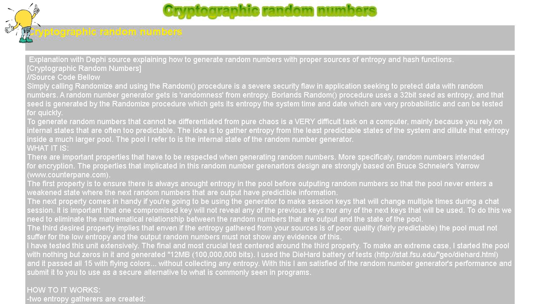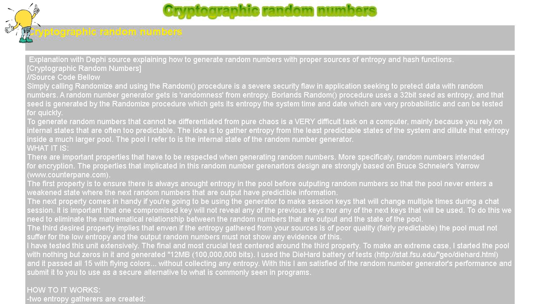The next property comes in handy if you're going to be using the generator to make session keys that will change multiple times during a chat session. It is important that one compromised key will not reveal any of the previous keys nor any of the next keys that will be used. To do this, we need to eliminate the mathematical relationship between the random numbers that are output and the state